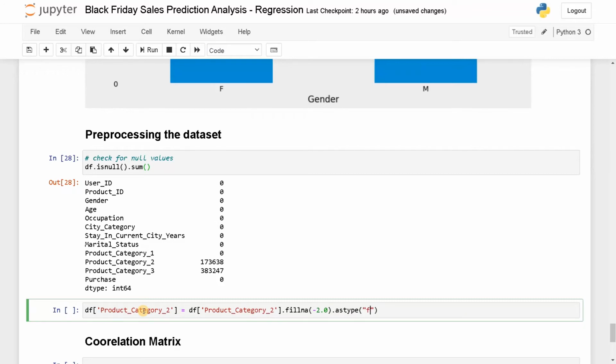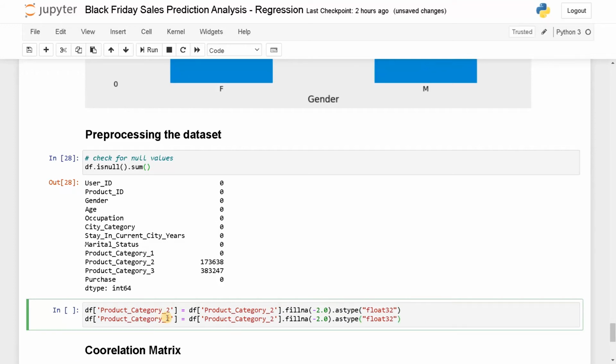So I will say float32. Let's copy this and paste it for product category 3. If you don't know what needs to be filled as missing values, you can represent a negative number to fill the missing values. So the machine learning model will know it is like a missing value. So these kinds of representations you can use if you don't know what to fill in the missing values.